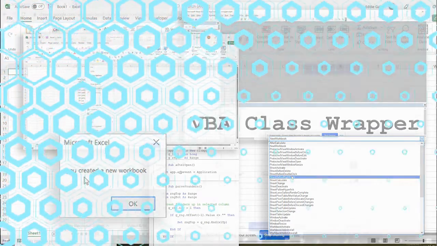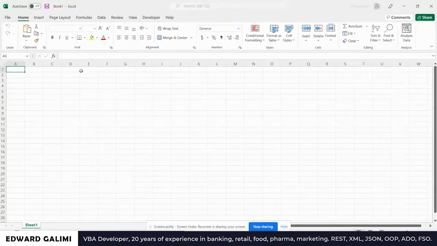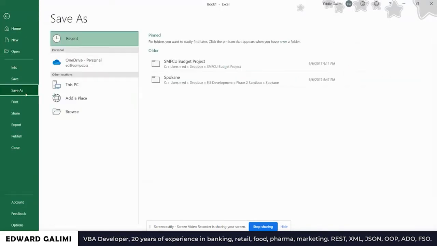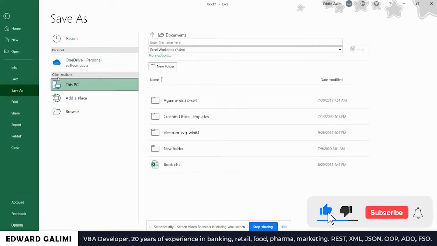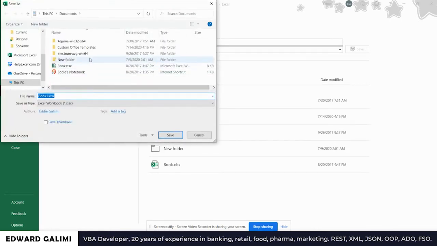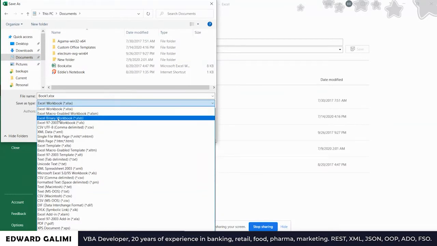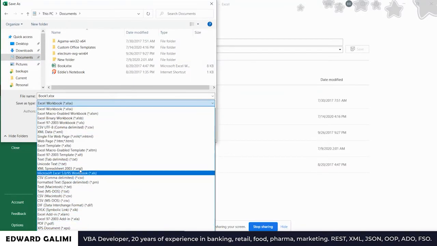So I will launch Excel here, create a new workbook. And so typically, the first thing you want to do is save a blank workbook as an add-in. So we'll do that really quick here. We'll say save as, and I'm going to save it out to, let's save it to documents. Call this an Excel add-in, so XLAM,